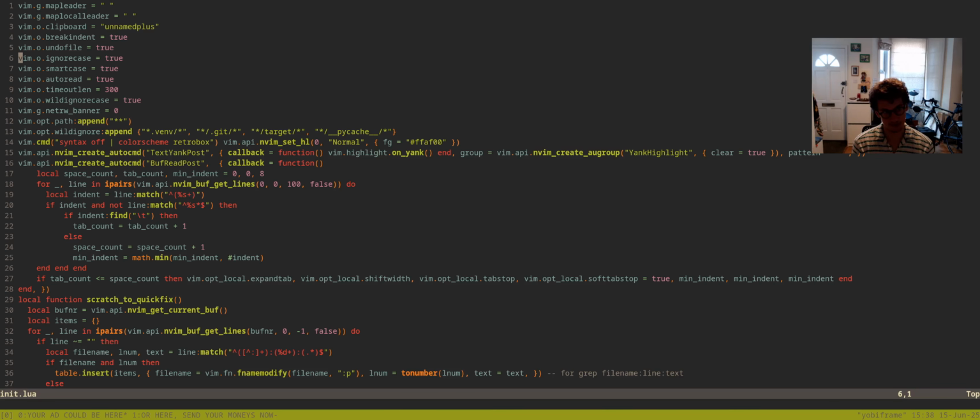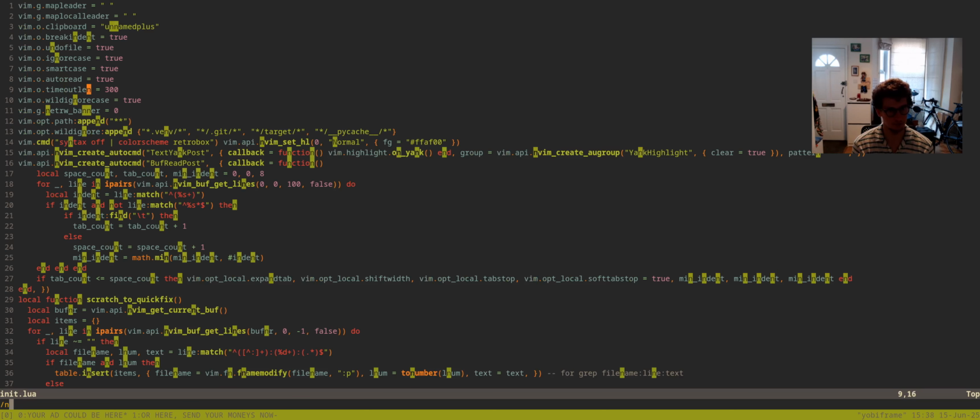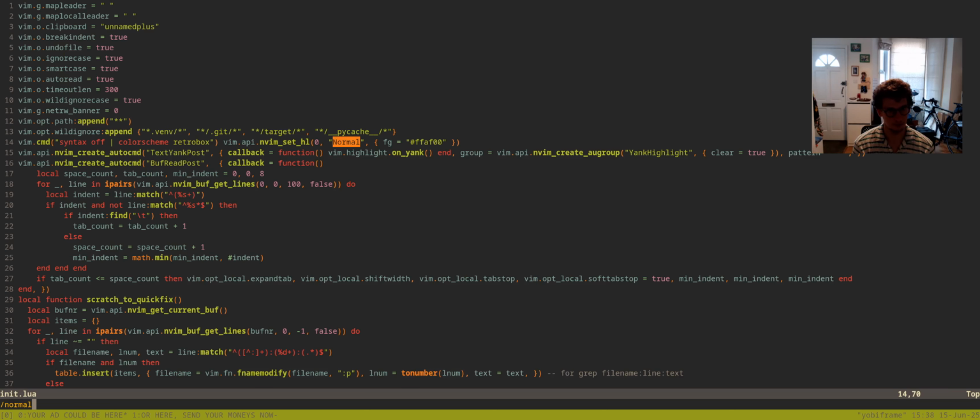lowercase most of the time, but when I want, I can do a case sensitive search as well, because smart case is on. The way it works, if you just type something here, for example, vim, this is case insensitive. For example, I can search for normal, and you can see on line 14 here, we found normal that starts with a capital N. But as soon as you start typing